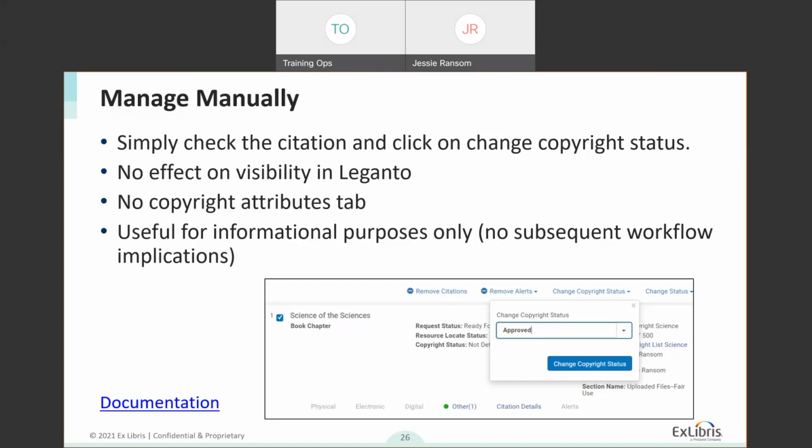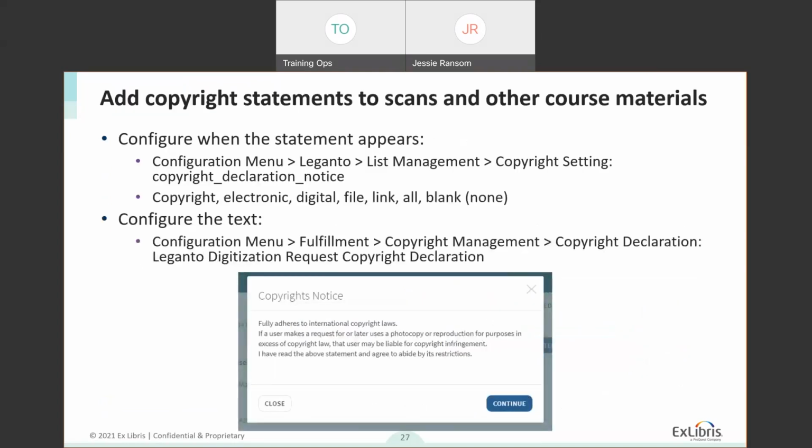All right, I hope you're still with me. We're nearing the end of at least the very complicated stuff. In fact, we are at the end of the more complicated stuff, I think. So if you can think back to that first list that I shared of all of the things that Leganto can be configured to help you with,